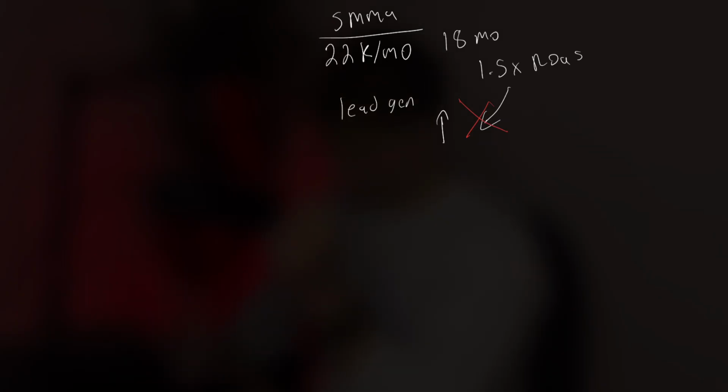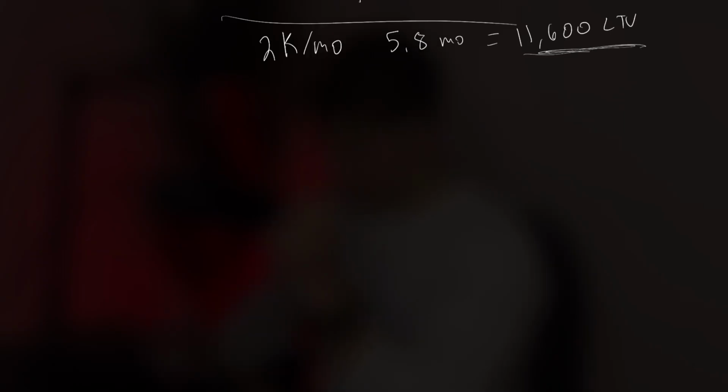We just reconstructed the economic system, right? Their economics of the business. And it was a clear structural failure. So the agency sold a 2K a month retainer where clients would stay on average for 5.8 months, which means they would collect around $11,600 over the lifetime. Obviously, against this number, aggressive acquisition would appear justified. Spending a couple thousand dollars to acquire an $11,000 LTV client.